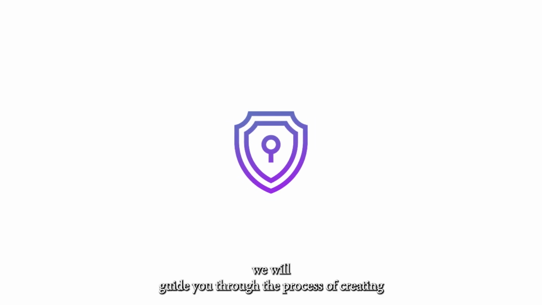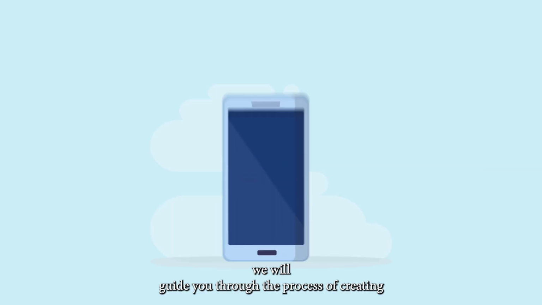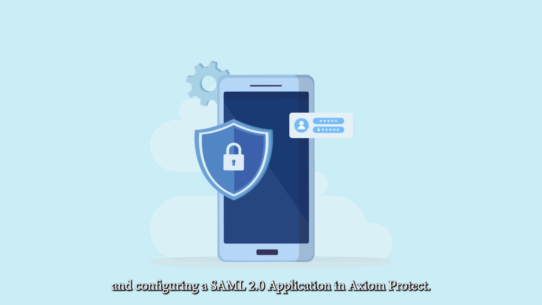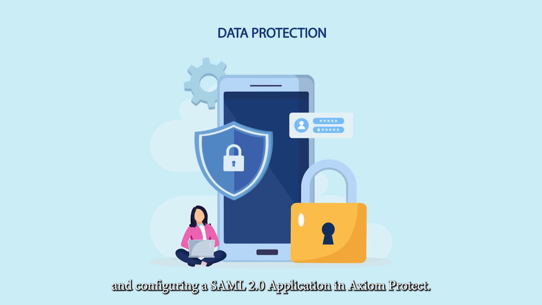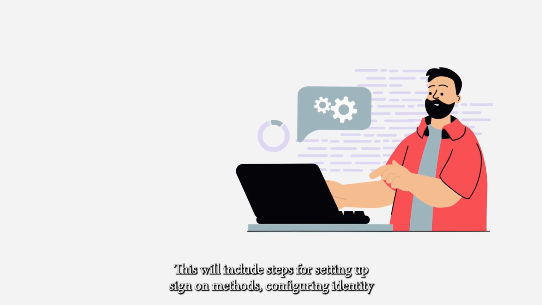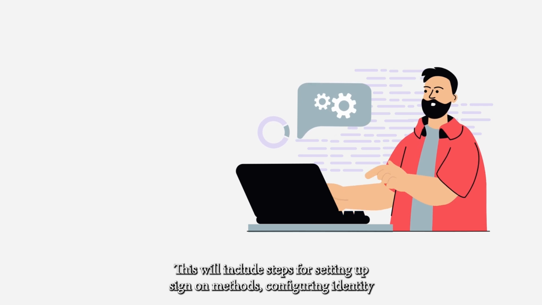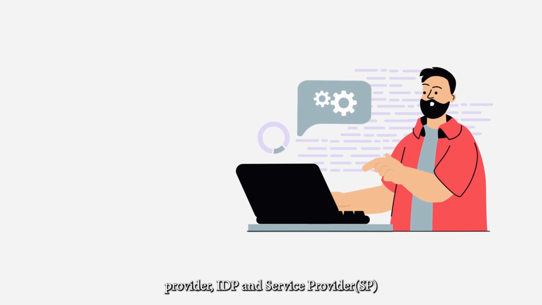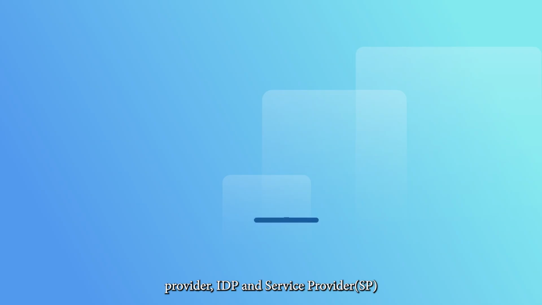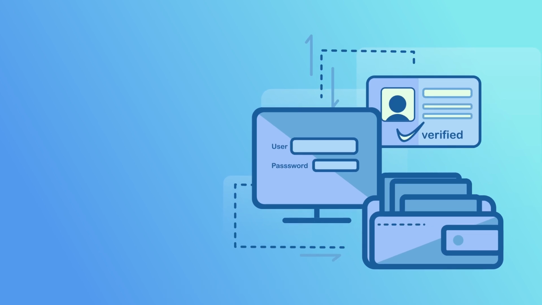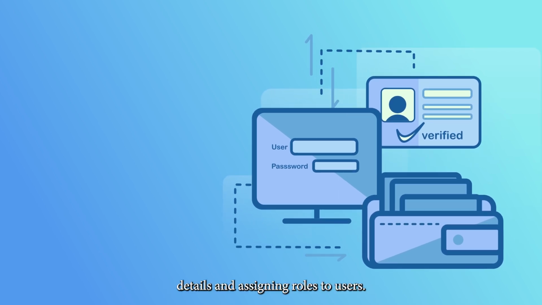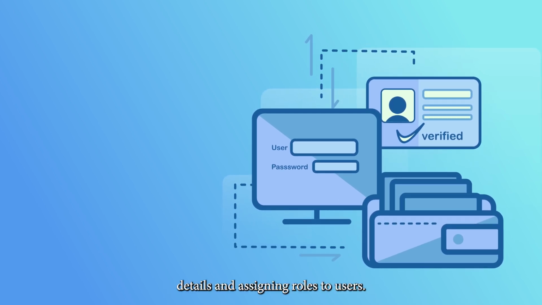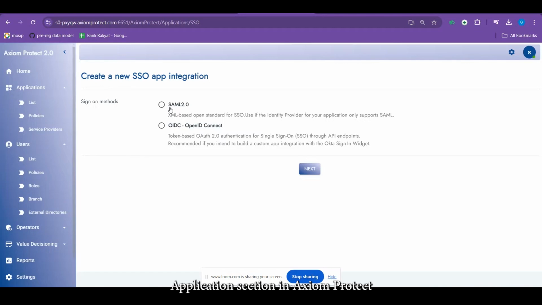In this tutorial, we will guide you through the process of creating and configuring a SAML 2.0 application in Axiom Protect. This will include steps for setting up sign-on methods, configuring identity provider (IDP) and service provider (SP) details, and assigning roles to users. To begin, navigate to the Applications section in Axiom Protect and click on Create New SSO